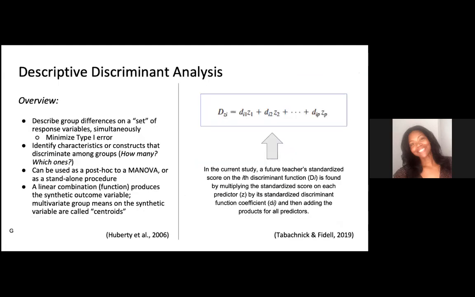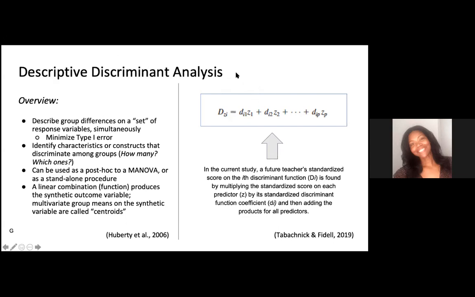Okay, so the first type of analysis that we're looking at is descriptive discriminant analysis. And basically, you'll see to the right, there's an equation there that might look familiar if you've taken an intro to stats class before. Does anybody have a sense of what that resembles? Multiple regression, you're right. So because descriptive discriminant analysis is part of the general linear model, you basically have a set of standardized weights that are yielded that you can use to multiply against those different predictors or factors that are part of your study.